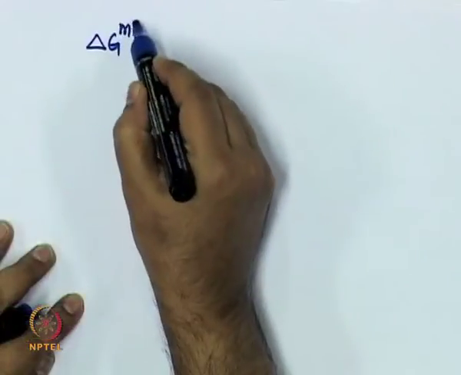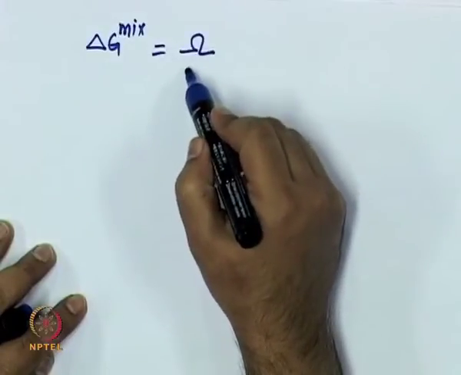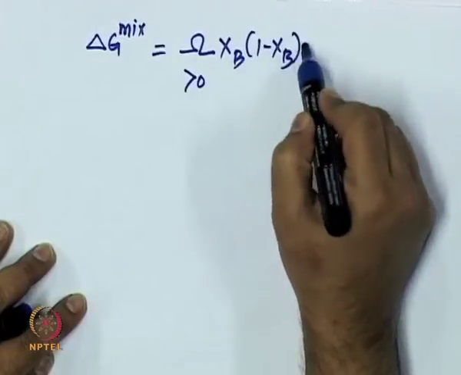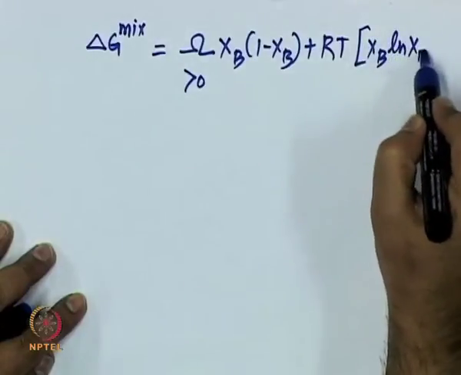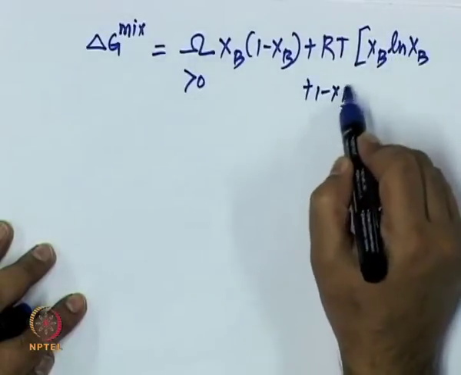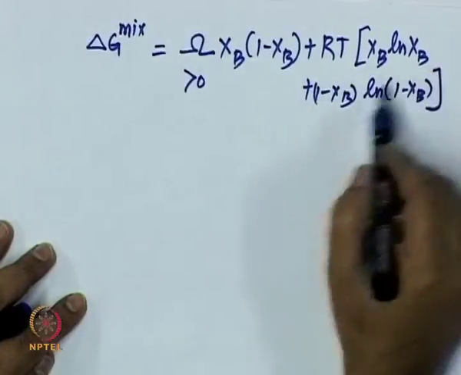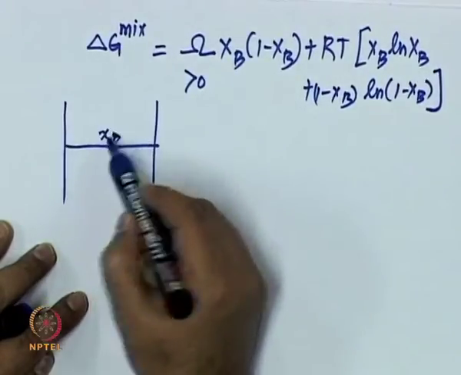Welcome. We are discussing phase separating systems. Specifically, we were looking at delta G mix of a phase separating system: omega, which is greater than 0, times x b (1 minus x b) plus R T [x b ln x b plus (1 minus x b) ln(1 minus x b)]. Okay. So, this is what we were looking at, and we showed that as a function of composition in these